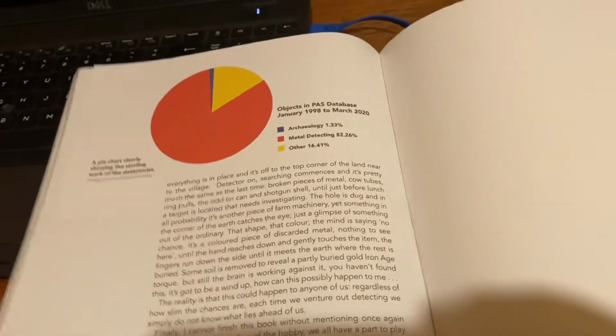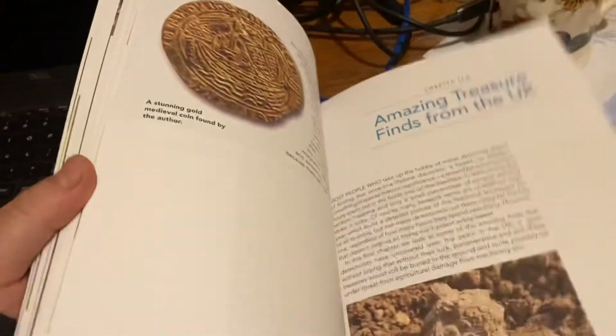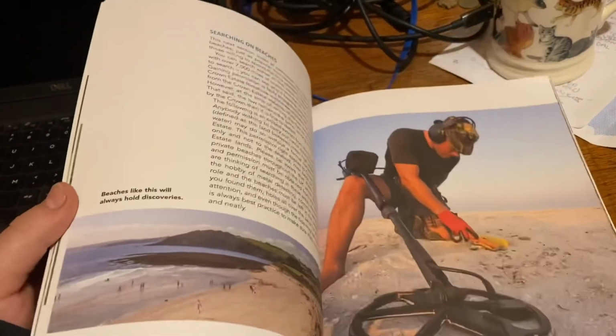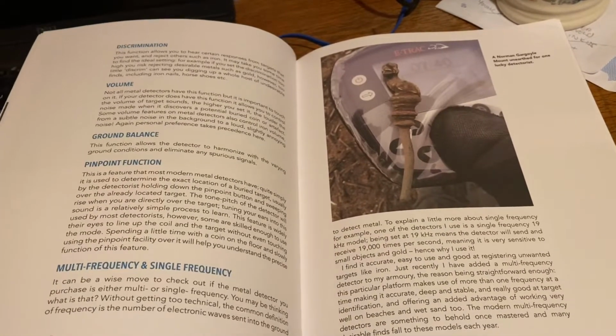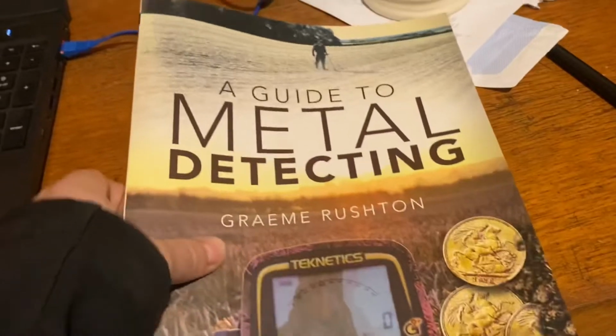So without showing you every chapter and going through every word, this is the best metal detecting book on the market, not only for information but also for ease of staying focused to read this book, and to help all detectorists of all abilities in any country, not just the UK. So Graeme, it's an absolutely fabulous book